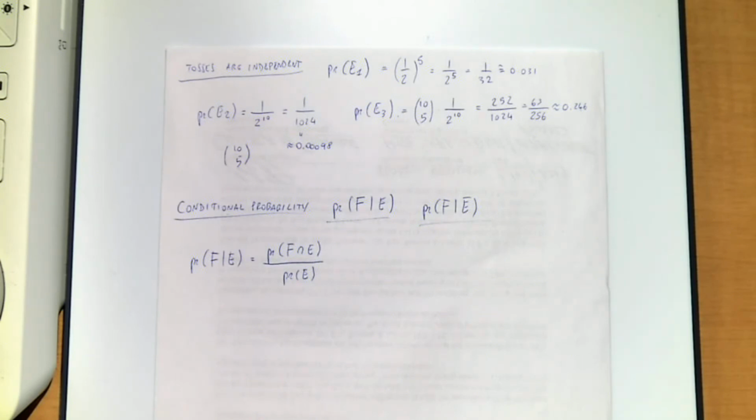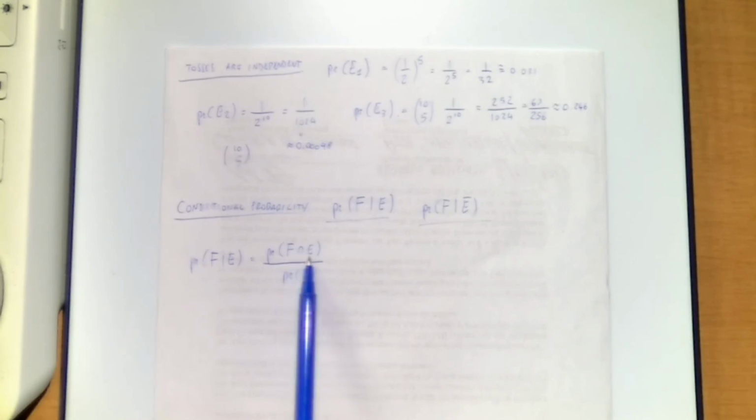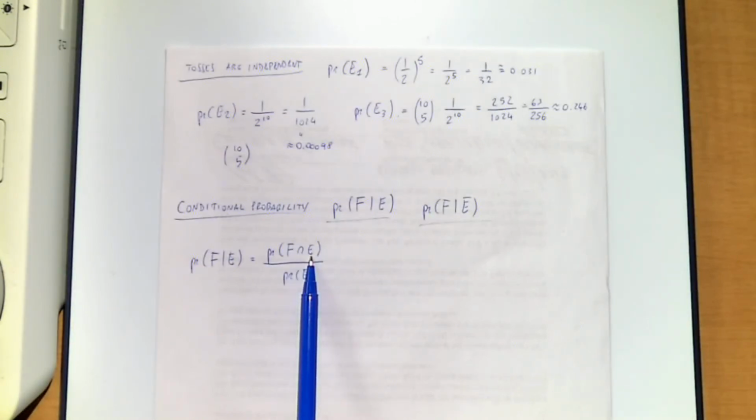And the intuition is this. On the left-hand side, we are assuming that E occurs. So now we're considering the probability of F happening, but not in the entire sample space, but in a restricted sample space. And so basically what we're doing is computing the proportion of the event F inside E